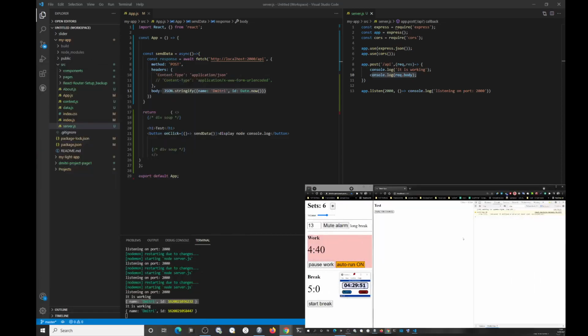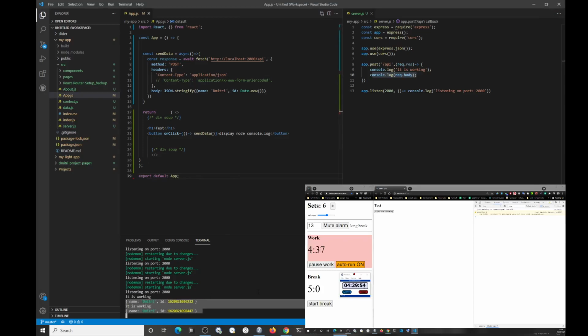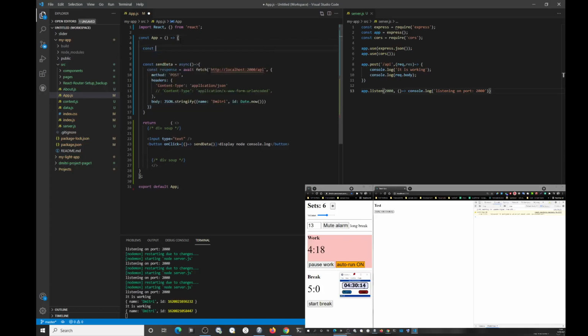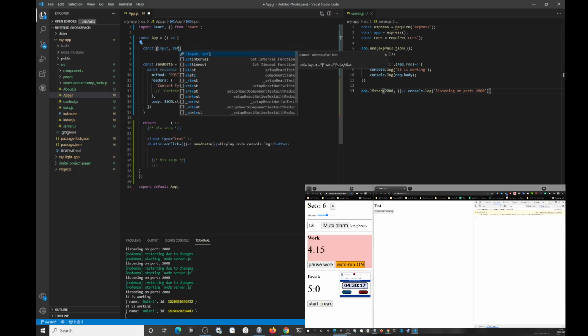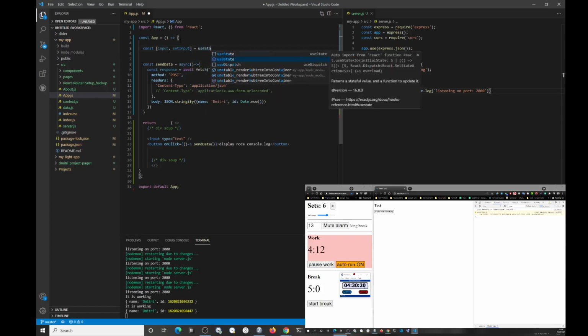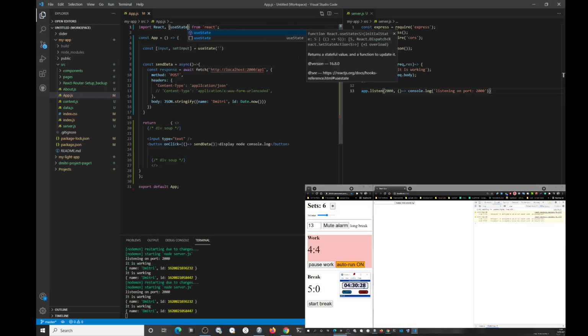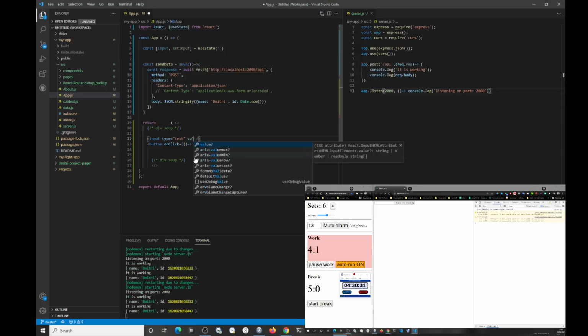Okay, so the next thing we need to do is figure out where we're gonna store all of this. No, actually, you know what we're gonna do? We're gonna create an input field first, right? Let's create const input, setInput, useState, and it's gonna be blank by default, right? We're going to be using useState in here. Okay, so input type text, value input,